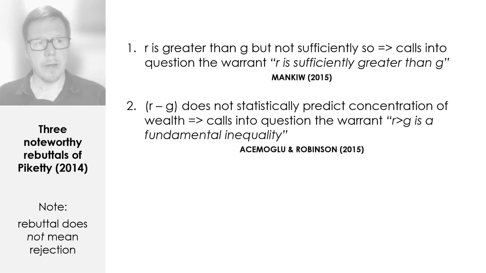And they ran a number of econometric models, and they came to the conclusion that the difference between R and G does not statistically predict concentration of wealth. So again, they did not question whether R was greater than G, but whether it was greater in a way that made a difference. So they ultimately called into question the notion that R being greater than G constitutes a